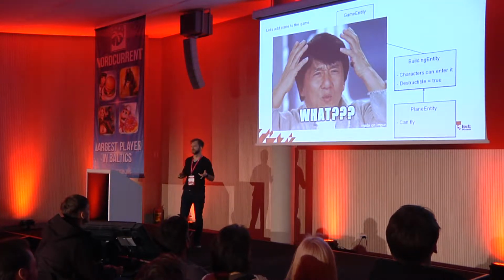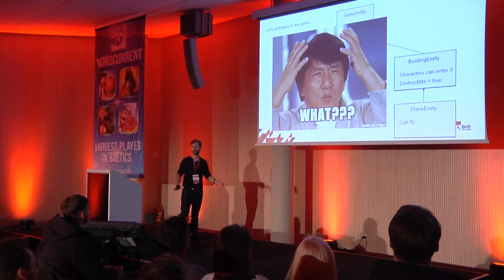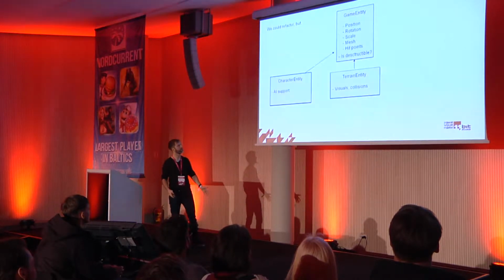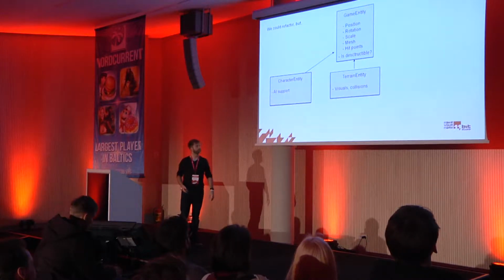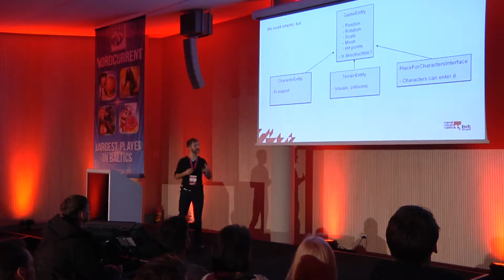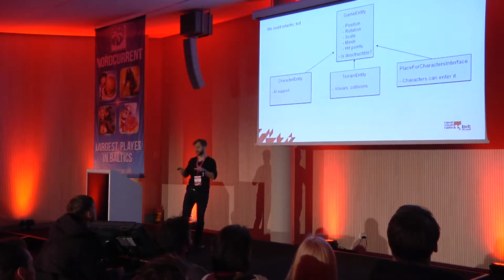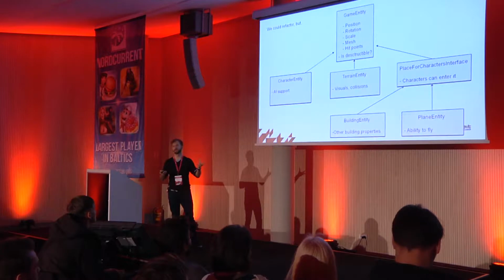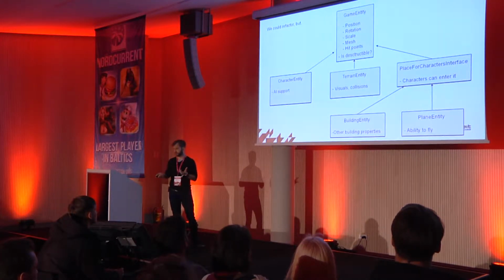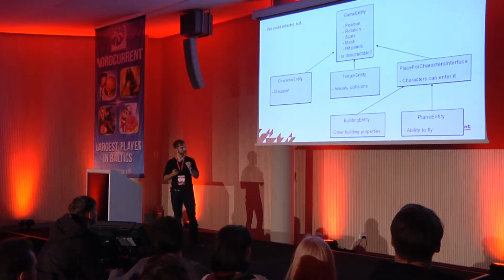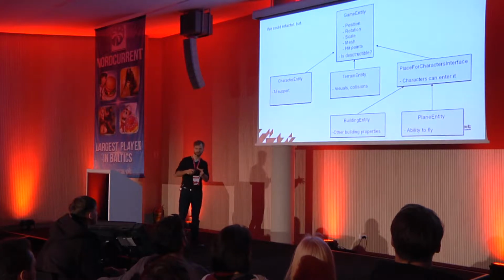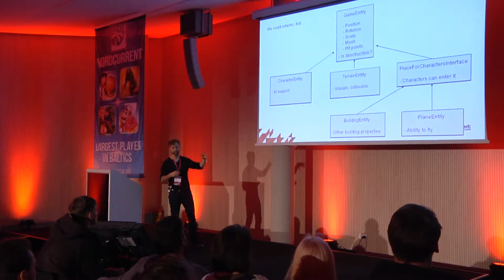What? Every programmer that sees that will obviously say, hey dude, this is a hack. Okay, but I didn't have time for this. So let's refactor this. We'll just move the common functionality to a base class. This will be an interface, place for characters interface. We don't say if it's plane, if it's building, and we just give it the subtypes. But still, what if a designer comes to us and says, dude, I would like to have a building that characters couldn't enter. You know, it will be a kind of a statue maybe. So we'll have to refactor it again and again and again.